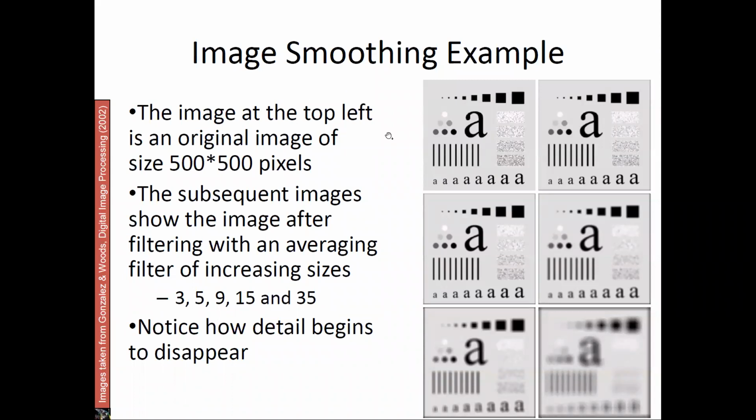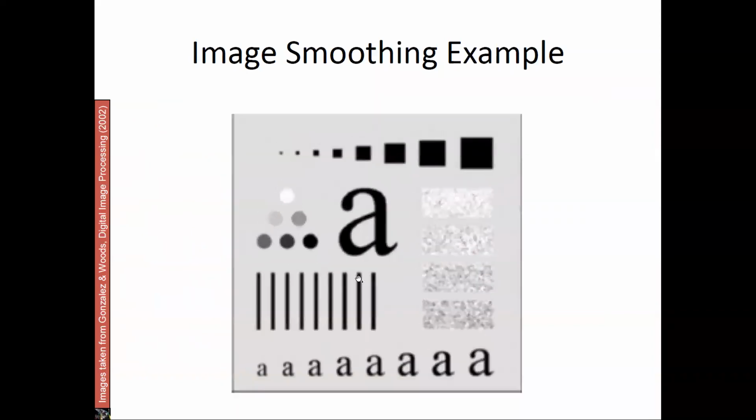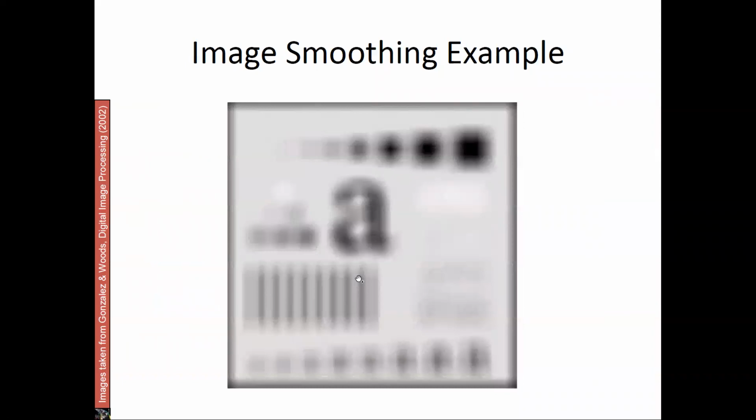Next, we have the image smoothing example. Here, based on the sizes 3, 5, 9, 15, 35, we can increase the size. Based on that, you can see the bigger the size, the more smoothing and the more blurry it becomes. You can see how the details are disappearing one by one for this particular image. So it is becoming more and more blurred. If you want to see this,